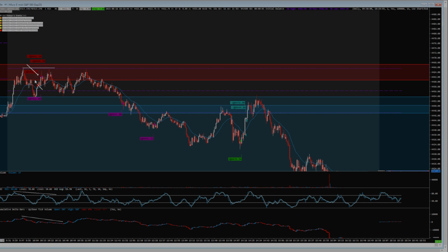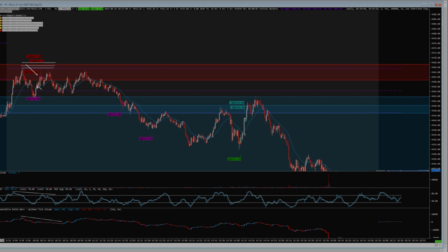But as you can see, we sold off, came back up, almost touched that level again. At this point, I had a stop loss kind of above this area or just above this high here. Never quite hit it. Never hit it. Sold off again, didn't take a partial yet, once more, and then right when we got up here,